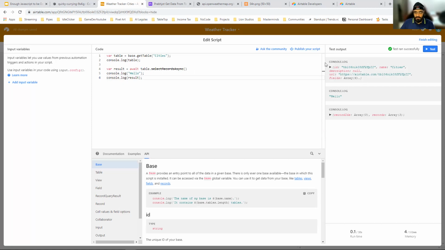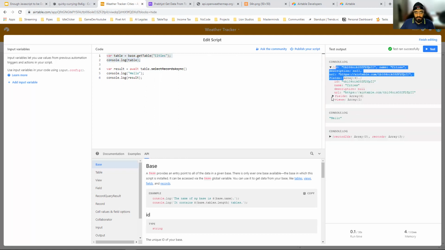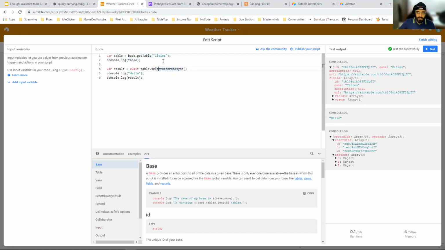Right, this is where it runs the table. It prints the table, it prints hello, and then it prints the records. Everything is going well. Even though this took some time to run and come back, it's waiting for it to complete before it runs this line. So you can see all the records here. We get 3 records, which I have in my table.